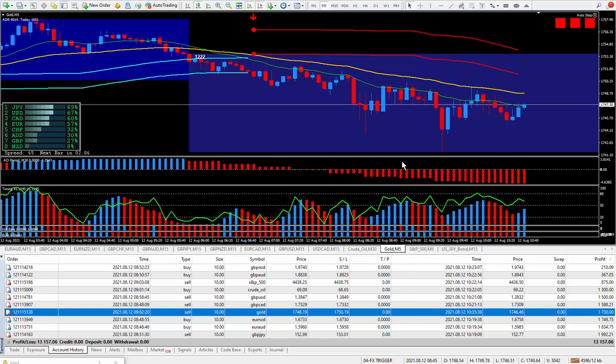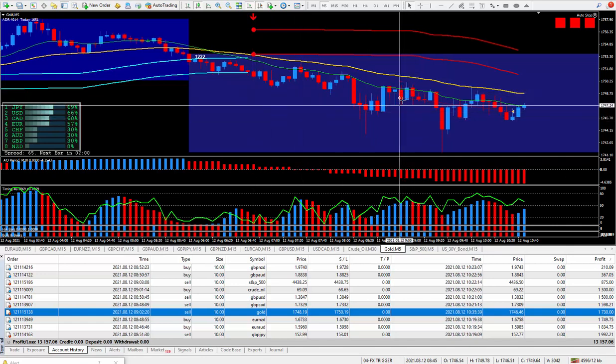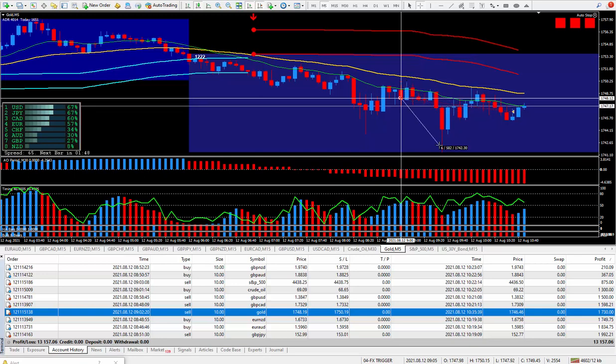So it was screaming to sell from way back here. Look at all the red boxes. Took the trade, and it did go against me. Well, looks like, let's see, gold, that's 18 ticks. Wished I closed it out here, but again,